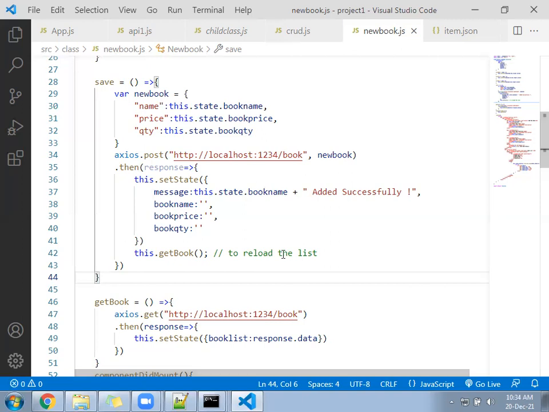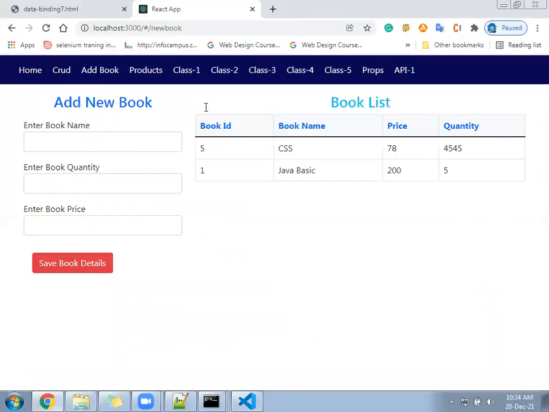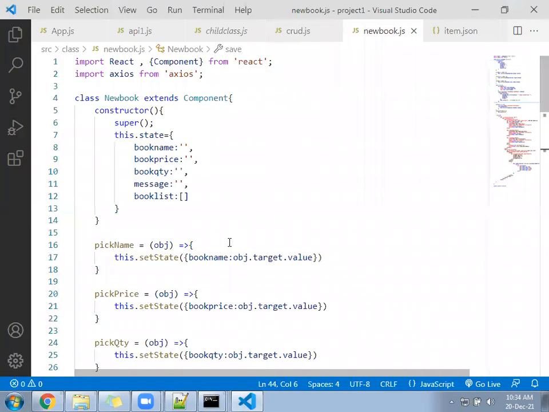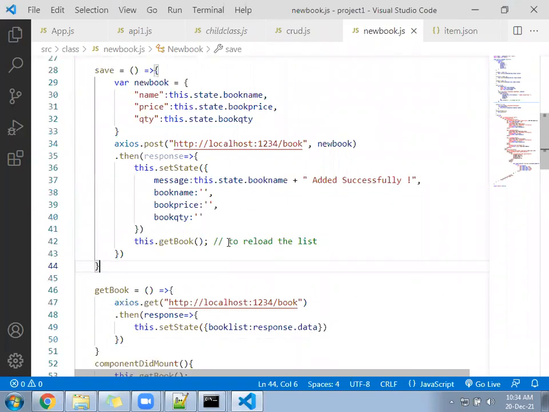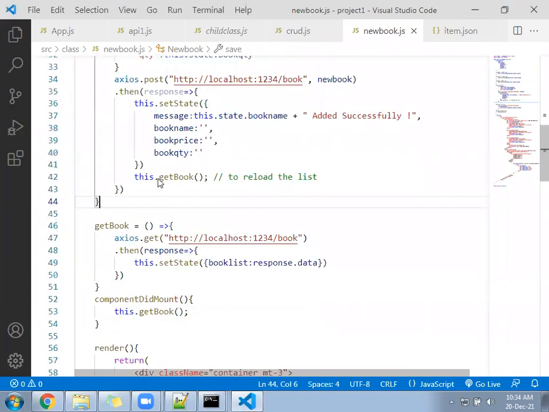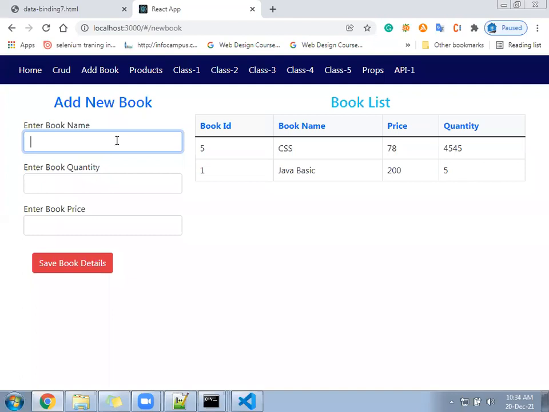Data after saving, hope it is listing in the right hand side. The getbook call was showing the error. You have some error of your own. See, it will not give any error. Look at here. But in this file, to post the data, we only follow XCOs. It will not show error. Why would it show the error? We have not arranged it properly.